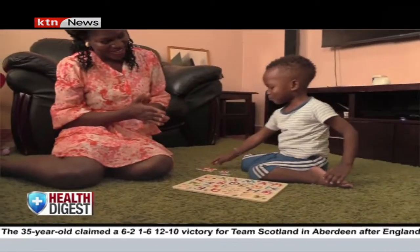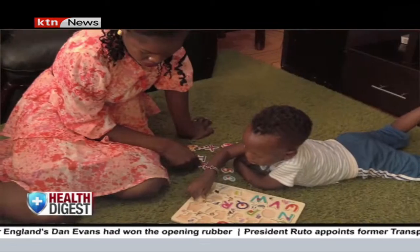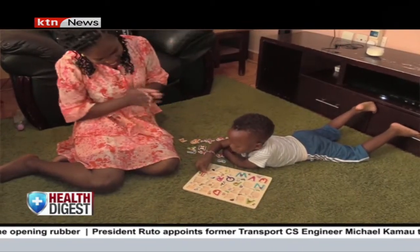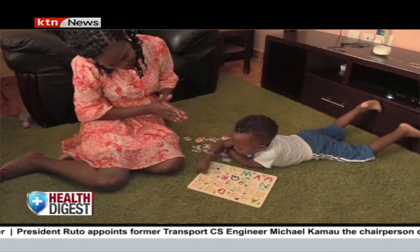The speech, like the words, has really improved. He's now able to identify a few objects, like car, animals. He's able to repeat, like when you're doing the flashcards and reading through the pictures, and he repeats most of the words. He's also able to sing along, action songs or the preschool songs that we normally sing that involve the parts of the body, and he's able